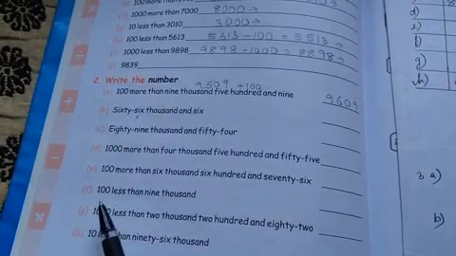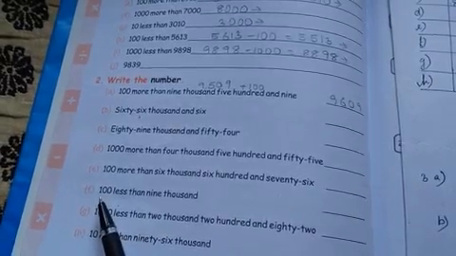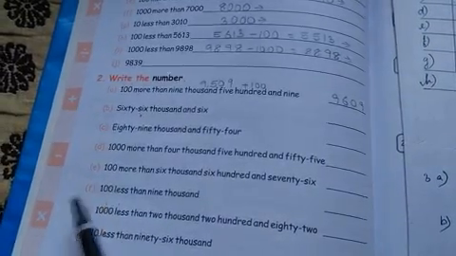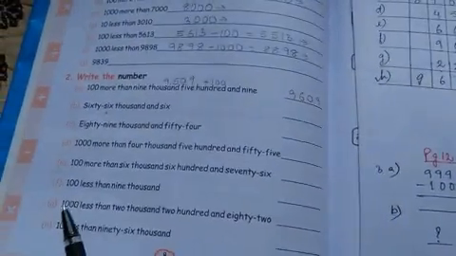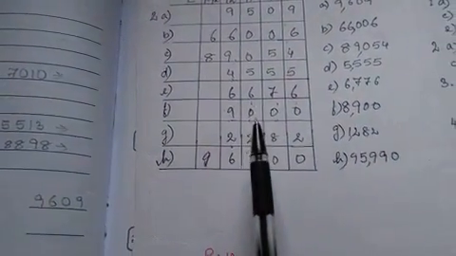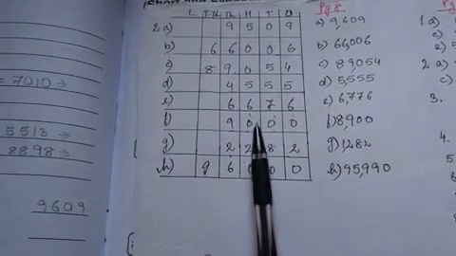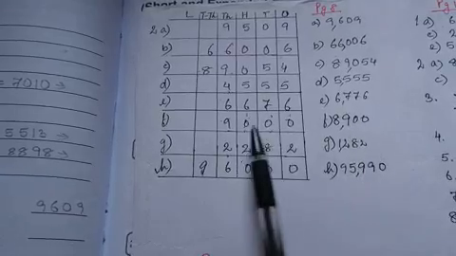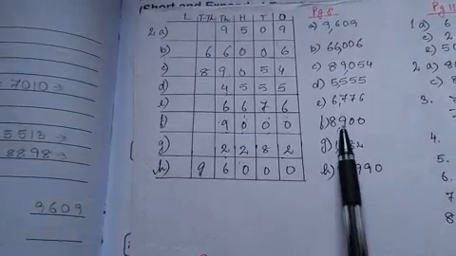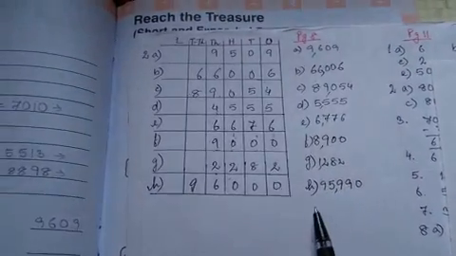Similarly, here 100 less. So the rest of the digits are 0. Only the hundreds place you have to subtract. And before that, obviously, this is 9,000. I will show you. F is 9,000. So if we are subtracting 100 from here, this will be carried over here. The rest of the digits are 0. So 10 minus 1 will be 9. This is 9 here, and this has become 8. So this is our answer. I will give you a snapshot of this.